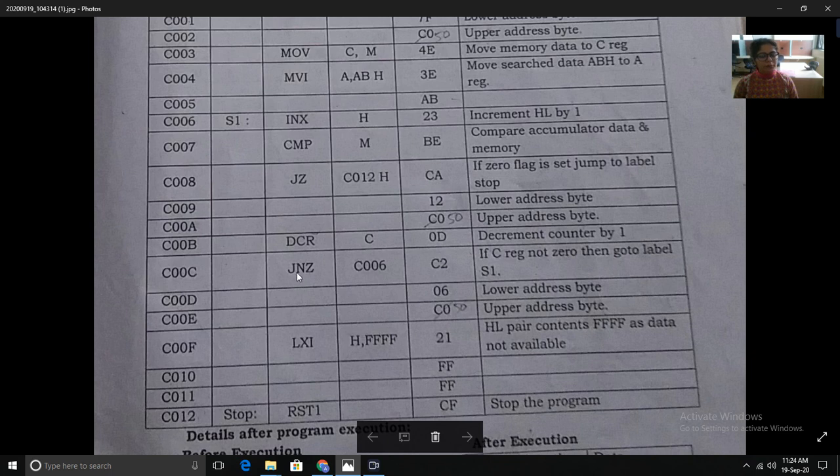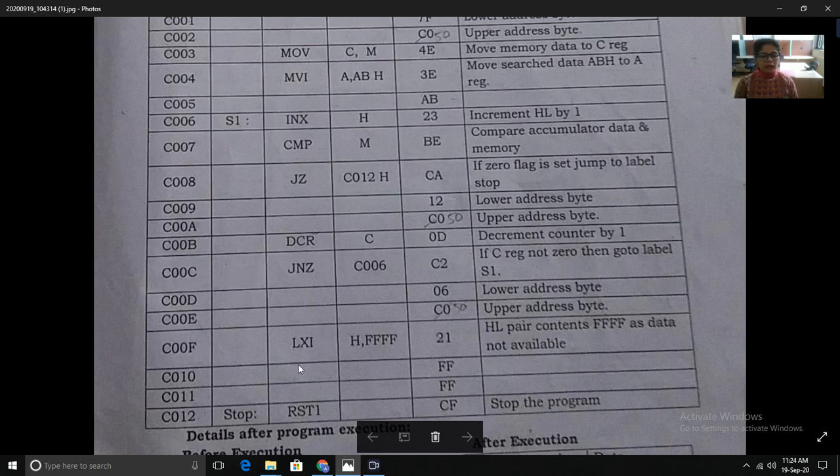So if we have to repeat the process, it means the result is JNZ and JZ. So these two statements are complement. This is if part, this is else part. So one condition will happen. So JNZ will allow us, it means we have not found the item, so we again have to move to this location to repeat the process.